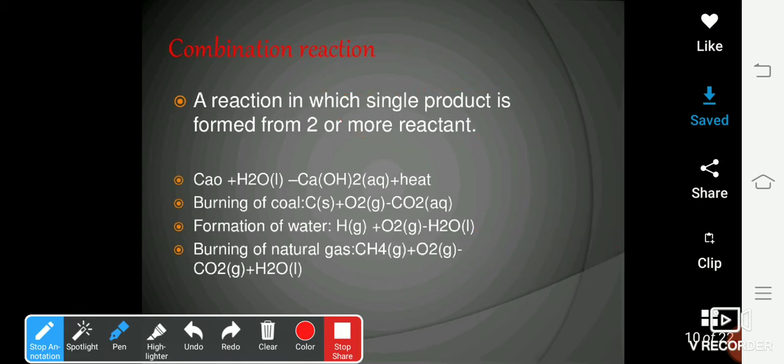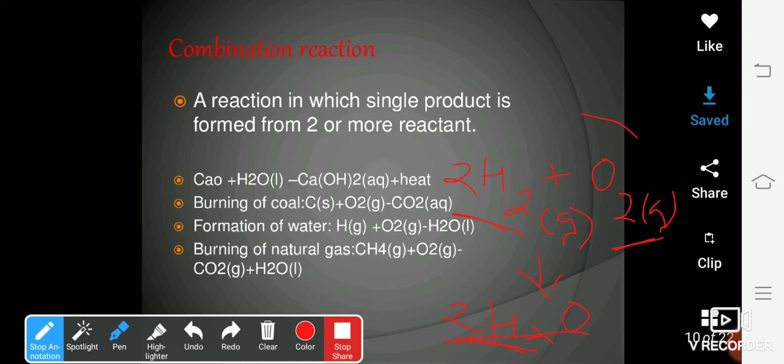Similarly, hydrogen reacts with oxygen. Both are gaseous, to produce water. Now to balance it, we'll put 2 in front of H2 and 2 in front of H2O. Please remember, we have to always write a balanced chemical equation because chemical equations always follow the law of conservation of mass. That matter is neither created nor destroyed. Here you can see you have 4 atoms of hydrogen on the reactant side and 4 atoms on the product side. 2 atoms of oxygen on the reactant side and 2 atoms on the product side.